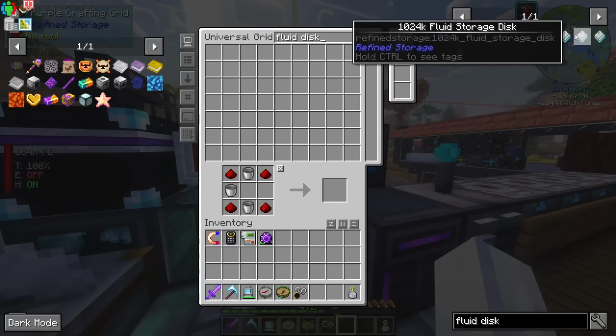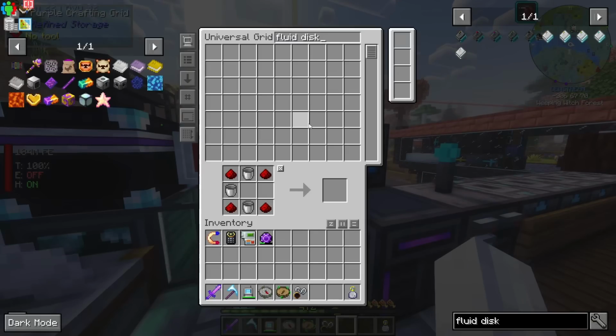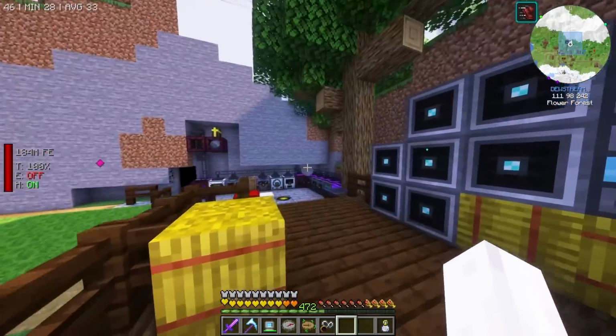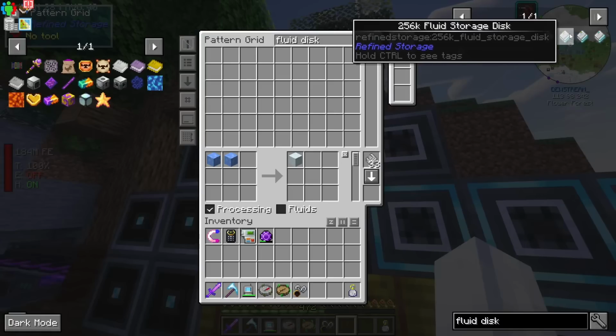How much do we want? We have none of this auto-crafted, so realistically, I've got to go add all these recipes. I mean, it's fine. I can do it. There's no real harm done there. So yeah, let me add all these. Now, in terms of what we want,